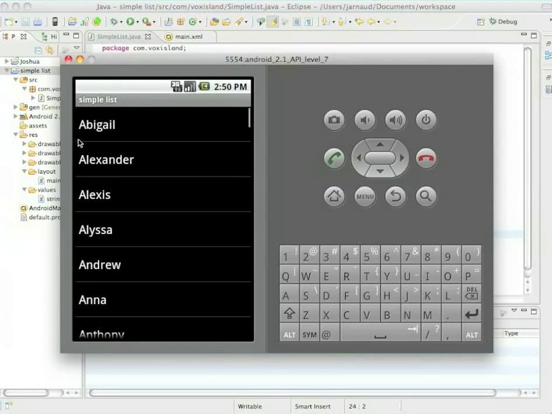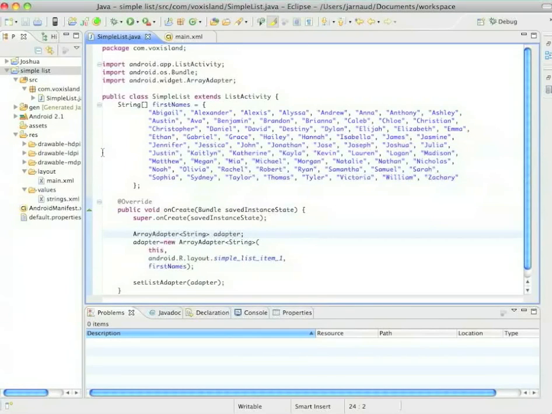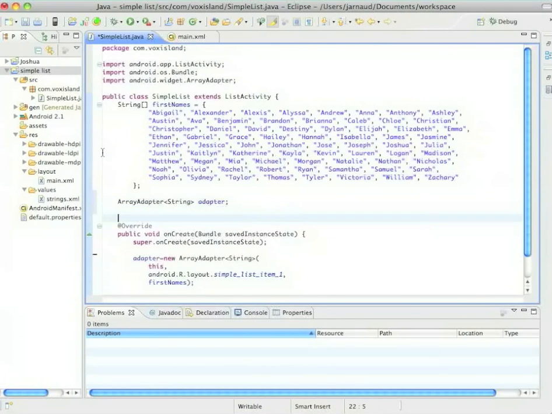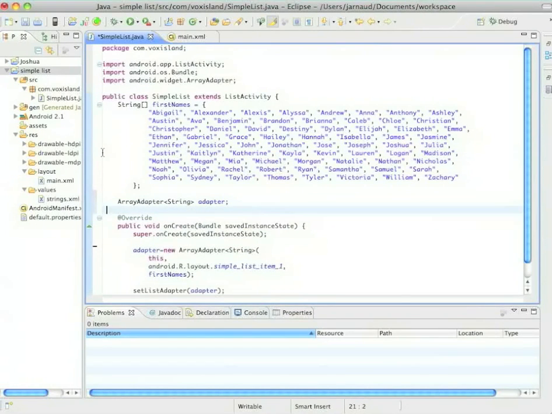So now let's create a new listener that will say hello Abigail when I click on Abigail. That will say hello Alexander when I click on Alexander, and so on. So let's go back in the code. The first thing I'm going to do is move this line just here, so that it's going to become a